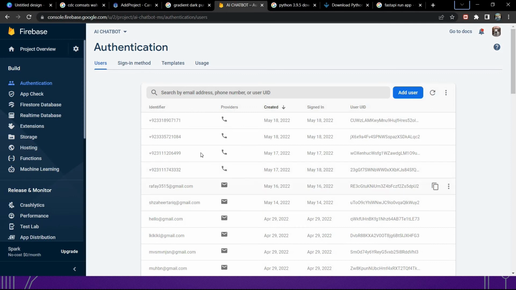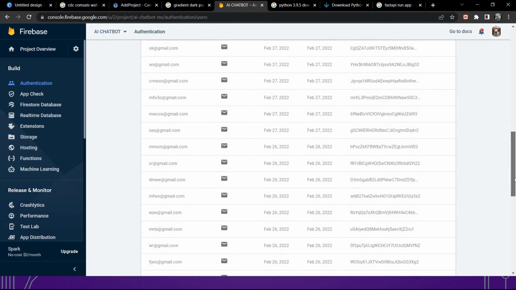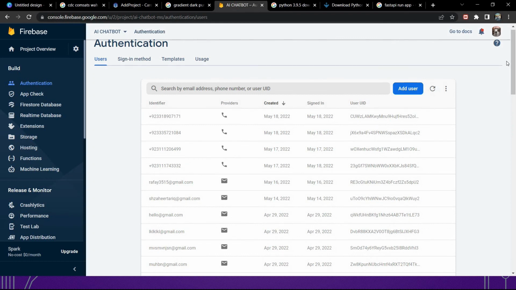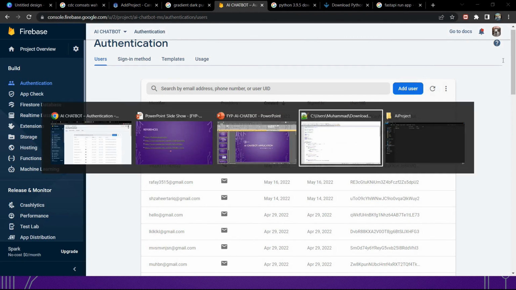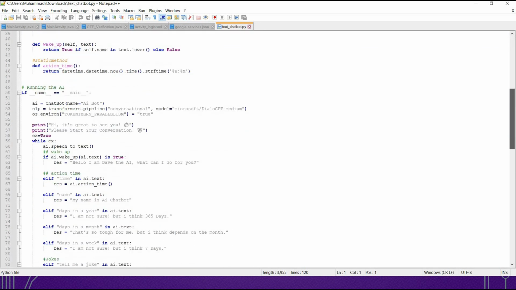So this is our data that we have registered. A person who will register, so that this whole data is added here one by one thoroughly, and then onward, I would say this is our coding part. This is all about Python. Coding part means a chatbot coding in Python language.